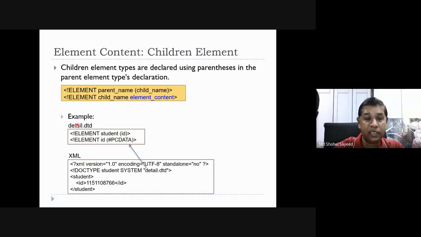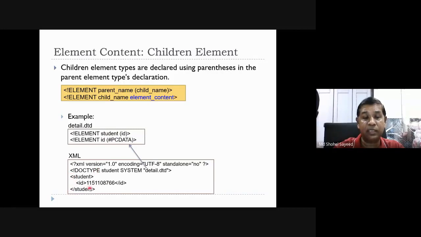So now, based on this DTD, we need to write the XML code. I have to follow this definition. Here comes the XML version 1.0, then encoding UTF-8, standalone no, the standard declaration for XML. Then the document type name is definition, then SYSTEM. SYSTEM is looking for the details of this XML document. The details inside are in detail.dtd. Now, following these rules, you can write the XML document.